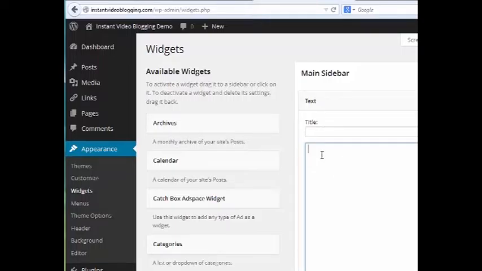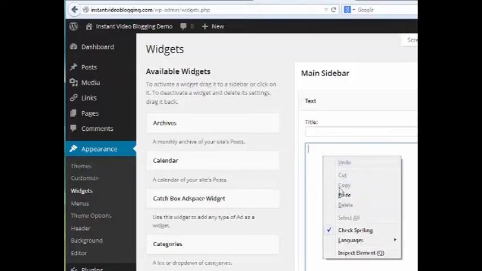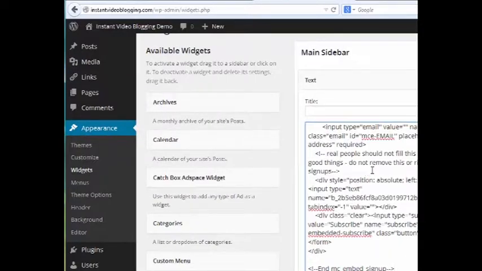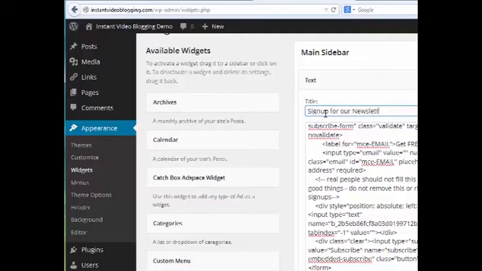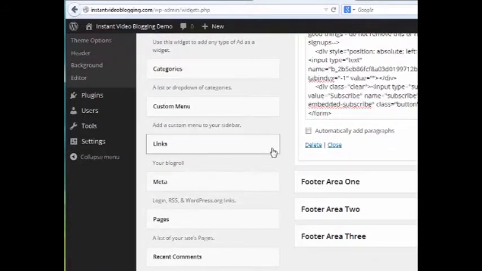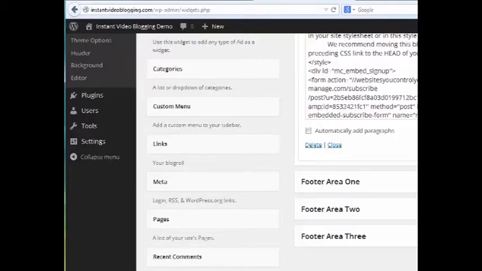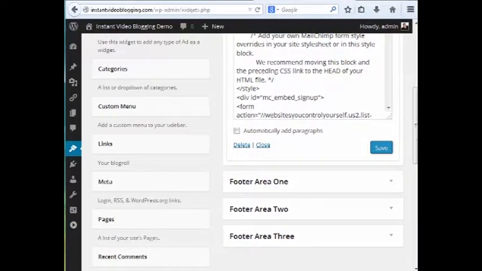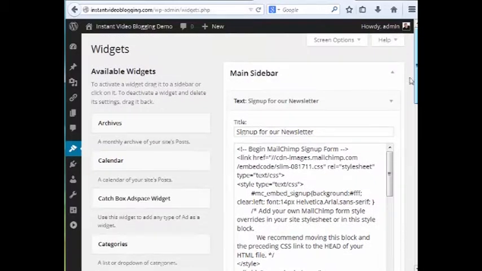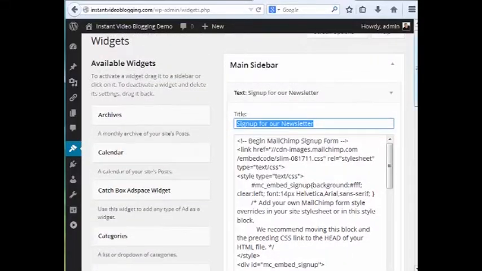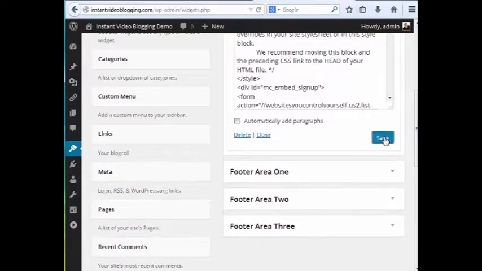So I left click, and then I right click and paste. See where my cursor is there? I'm going to paste that code. See, I pasted that HTML code, and I'll say sign up for our newsletter. And that may be too wide. What you have to do is click the save button. Let me get it over here so you can see this. I clicked this save button right here. All I did was I titled it, I pasted my code in the text box, and I dragged this text box over to the main sidebar, and then I hit save. So now when I go to the website,